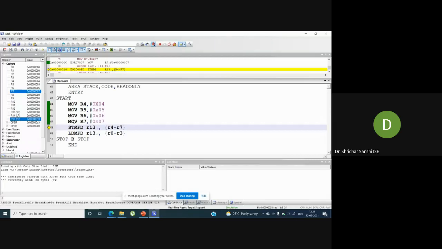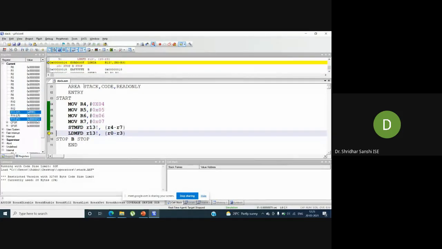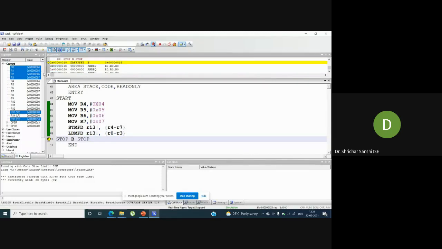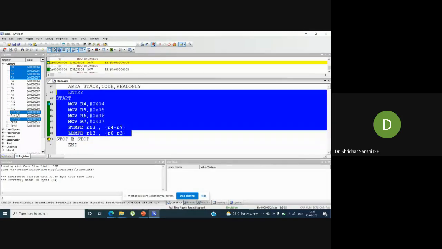Now I'm pushing into the memory. These values are stored at the stack pointer. So I have pushed the data to the stack. Now I'm popping the data from the memory and storing it into the registers R0 to R3. Whenever I'm popping, the same data has to be stored in R0 to R3. You can see that the data will be updated here. The same data you can see here, R0, R1, R2, R3. This is how you can work with stack operations.